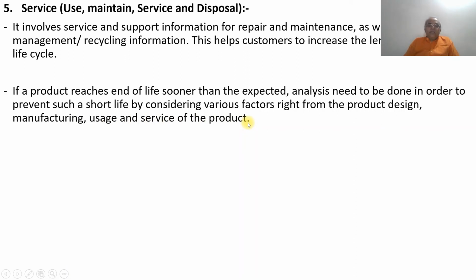What does it mean? Say for example, I want to have a two-wheeler. They give a warranty of about 1 or 2 years. They will give it for 2 years. Suddenly, due to some technical error in the manufacturing of that particular product, the life of that product is reduced. So they say no, it won't work out. Then they need to analyze. If there is a defect in the manufacturing itself, then that will be replaced. That they will do.